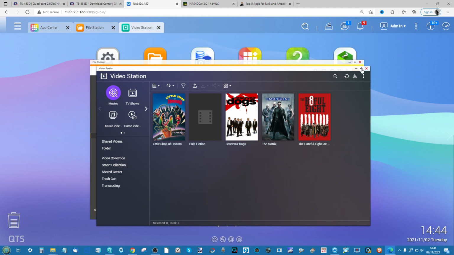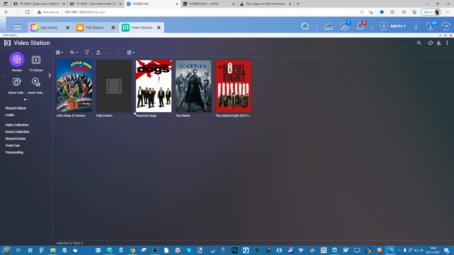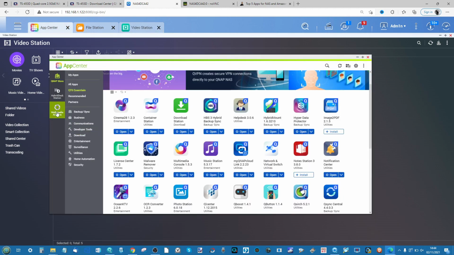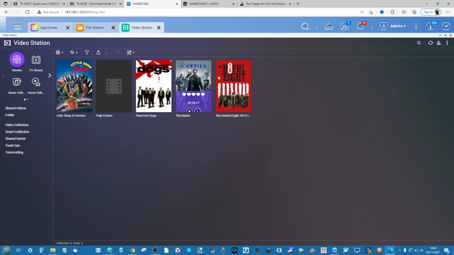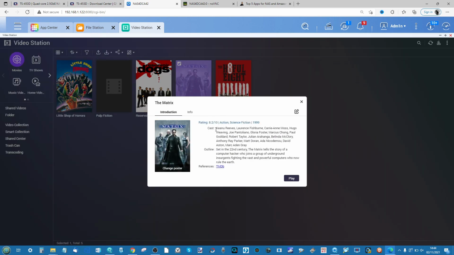Video Station's user interface will be presented like this. As mentioned earlier, if you'd gone into the Application Center and installed these add-ons here, later on you'll get the opportunity to scrape for metadata. As you can see here on screen, if we go into the Information tab, you can see the information of who's in the action, the outline of the story, and references to a lot of the media you're watching along